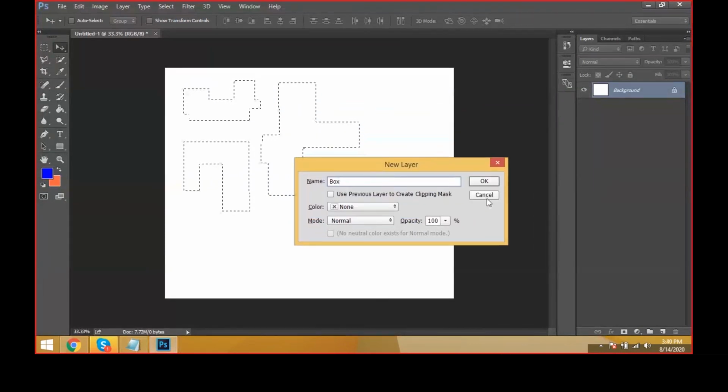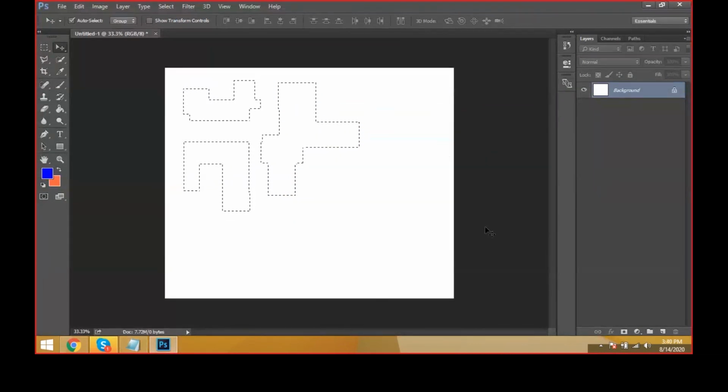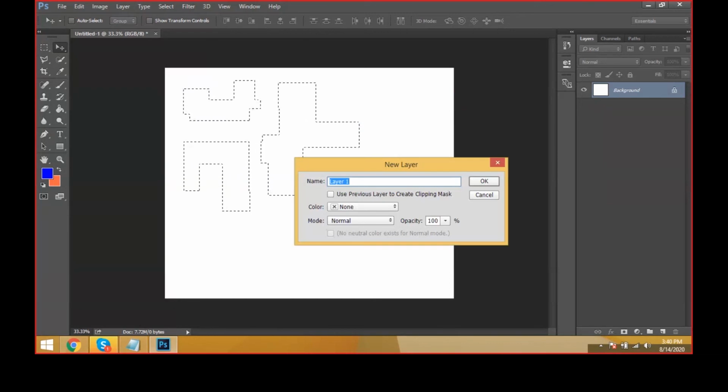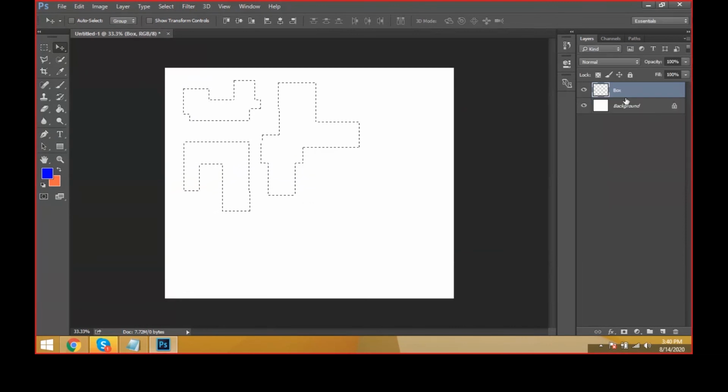Again, I'm pressing Control Shift N on the keyboard. It is a box. I'm typing box. I can directly rename here, or otherwise I can select the layer and rename it afterwards. I can rename directly with a double click, and it is a rectangular box. This is a new layer.